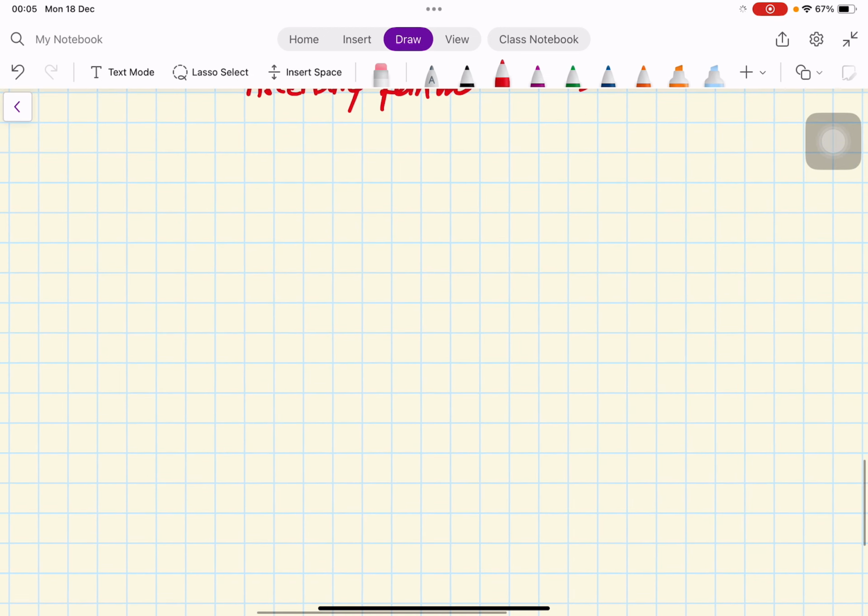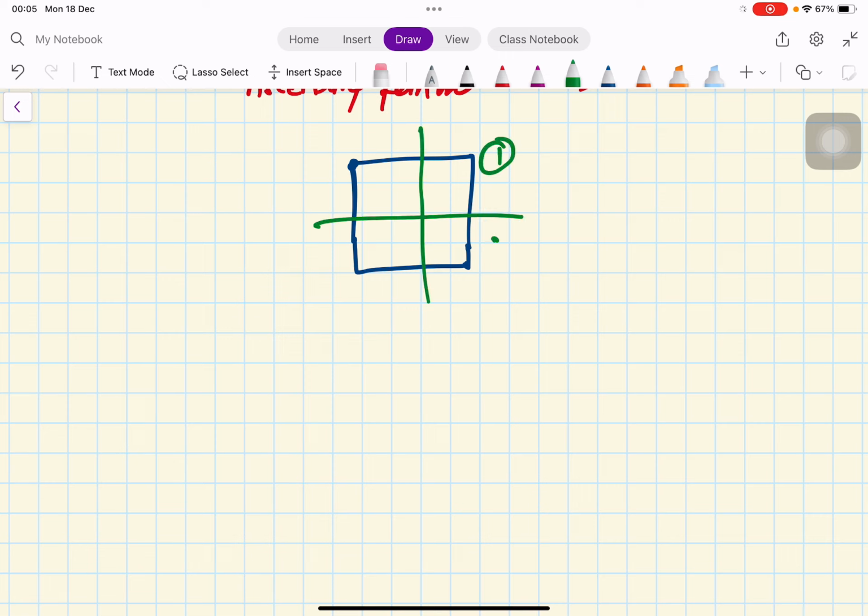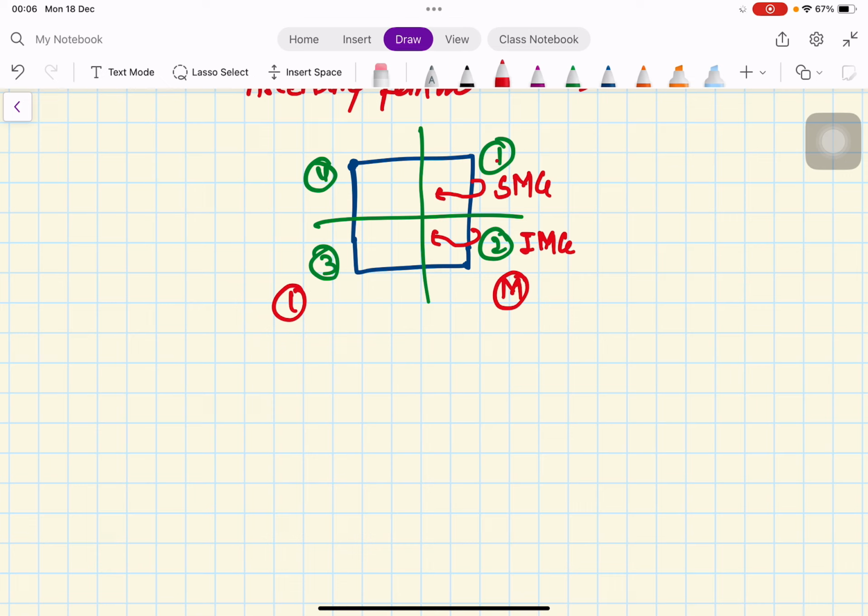Now let's talk about it. If this is my knee joint, I want to divide it into four quadrants, 1 2 3 4. Let's look at the first one, and in every part there is the anastomosis of two arteries, the genicular arteries. This is the superior genicular, this is the inferior genicular. If it is the medial part, then this is the superior medial genicular, this is the inferior medial genicular. So in quadrant number 1, there is the anastomosis of the superior medial genicular plus the inferior medial genicular, plus